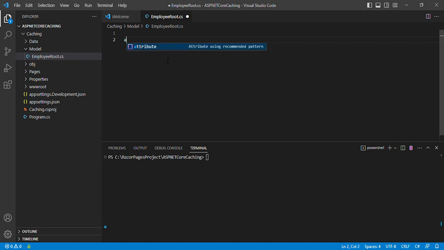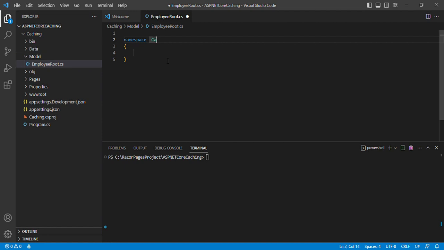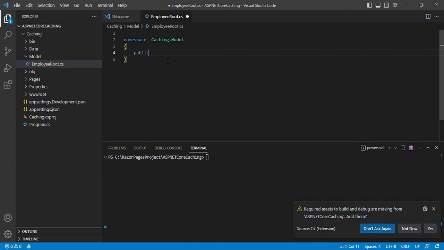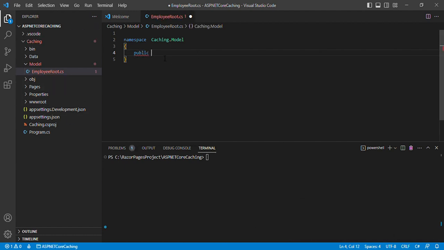Let's define the namespace first. The namespace resides in Caching.Model. So this is where it resides, and the first type, okay, we've been waiting for this one. It's a class type that we are going to call EmployeeRoot,